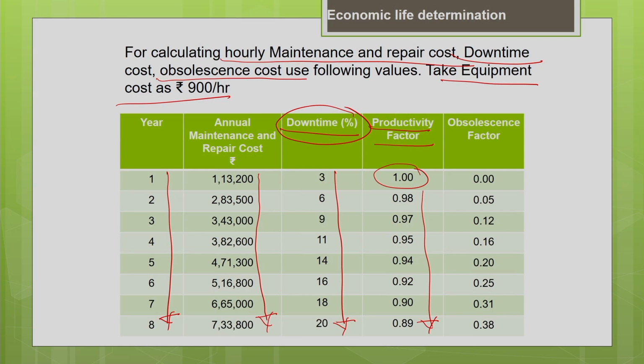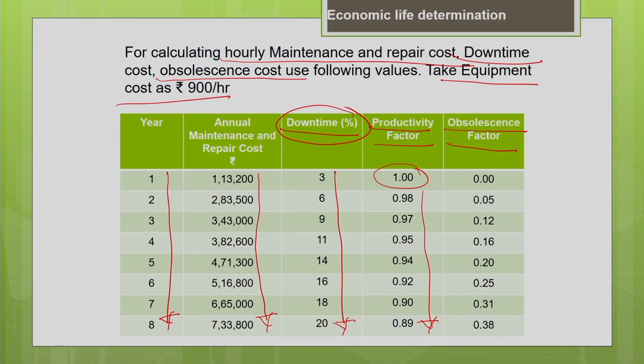Another thing to be noted is that your obsolescence cost is also important. As the age of the machine increases, it becomes obsolete. There may be different reasons for obsolescence: technological obsolescence, where due to wear and tear its productivity may get reduced, or market obsolescence, where the customer taste would have changed. The customer may be opting for a more advanced machine with more ease of operation, more safety features, and more updated technology. There are many competitive models in the market with updated technological features.